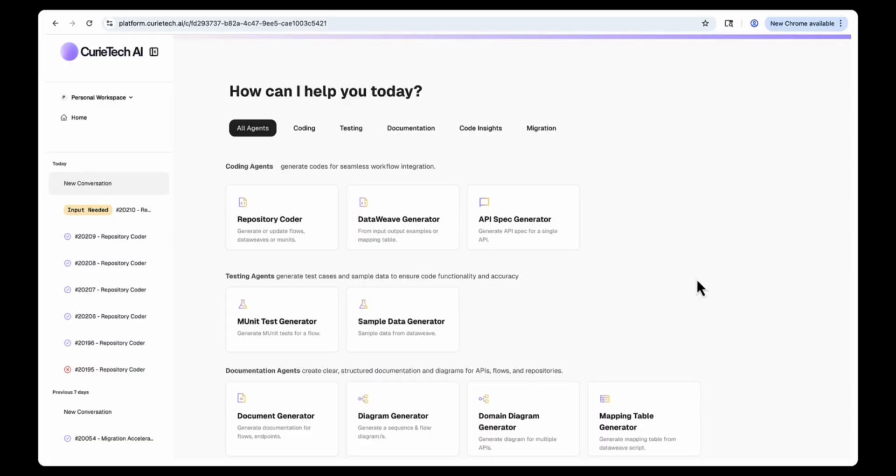Hey everyone, I'm really excited to show you one of the newest features we have added to CurieTech AI, the dedicated plugin for Anypoint Studio. This plugin is designed to completely streamline your development workflow by bringing the power of CurieTech AI directly into your IDE. So instead of switching between your browser and Anypoint Studio to copy and paste, you can do everything right